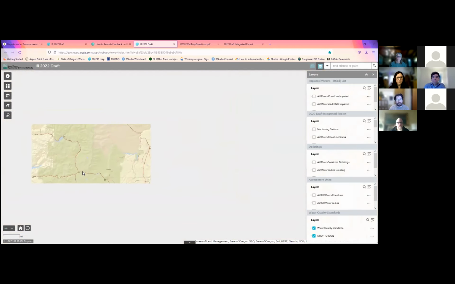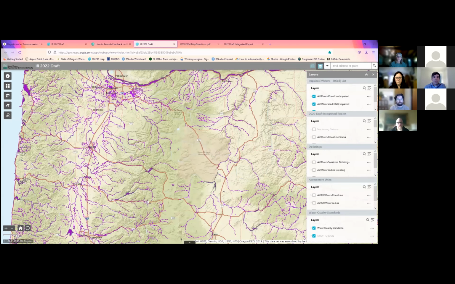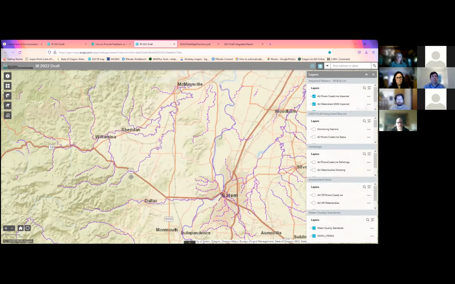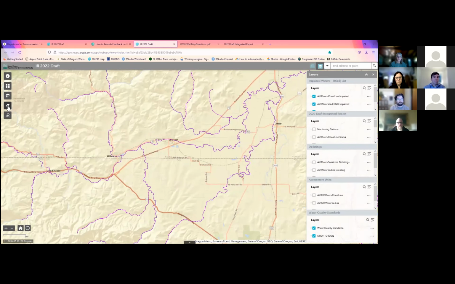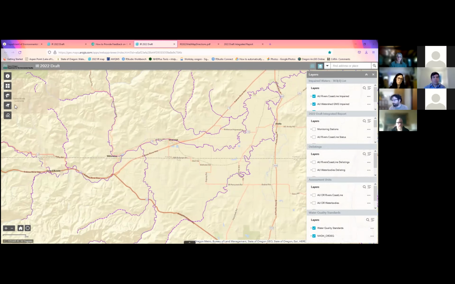One thing that I have been finding handy, turn this back on, is you can actually bookmark a view. So if you want to come here, I'm sorry, bookmark a view, you can add a bookmark. And then this actually persists when you come back in. If you want to zoom into a certain area, you can go ahead and click on that. So this is the web map.